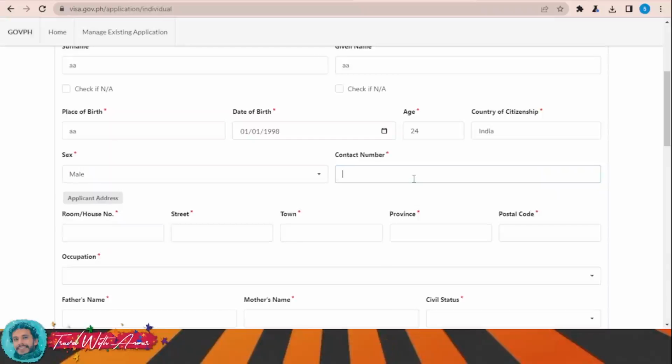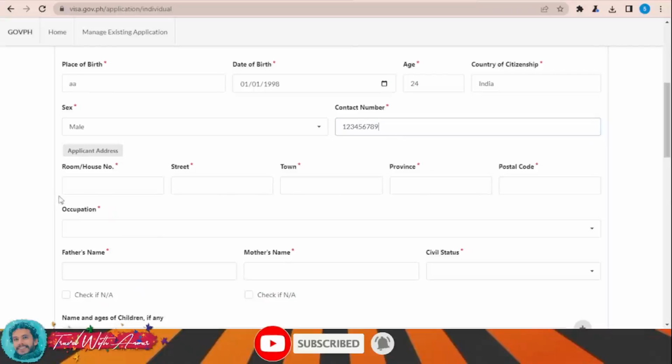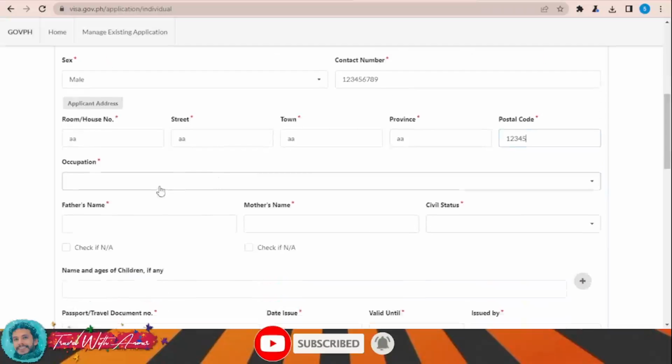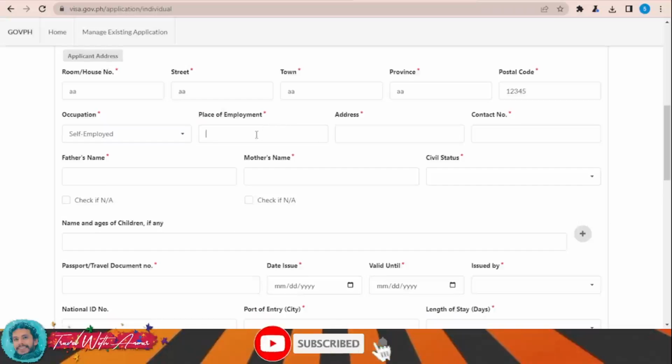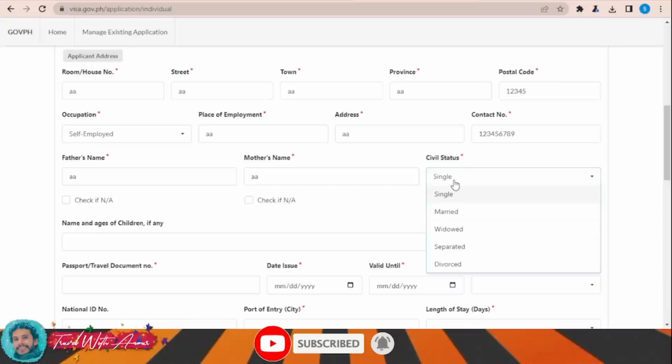Your email, contact number, okay, room, house number, street, town, province, postal code, occupation, okay, place of employment, address, contact number, father's name, mother's name, civil status,